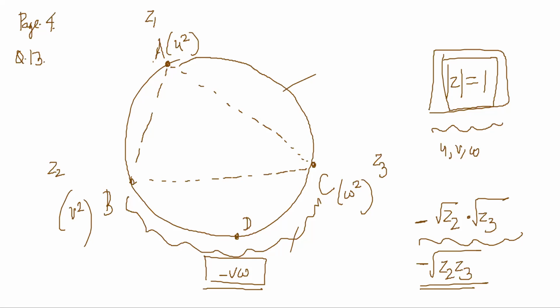See, orthocenter has come out to be U square plus V square plus W square, right? And circumcenter is 0. So 9-point center is this. Foot of the altitude on BC, incenter, excenter, many things are given.